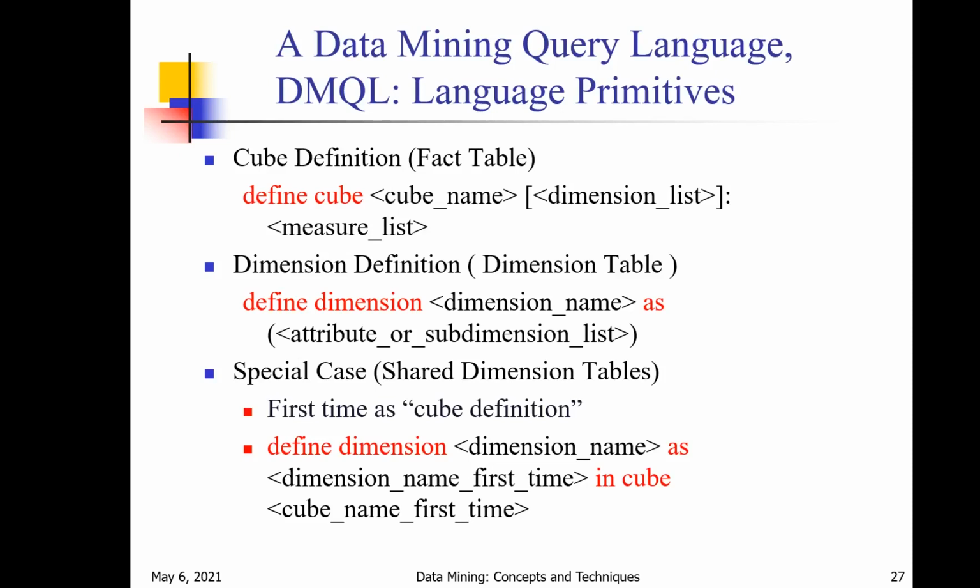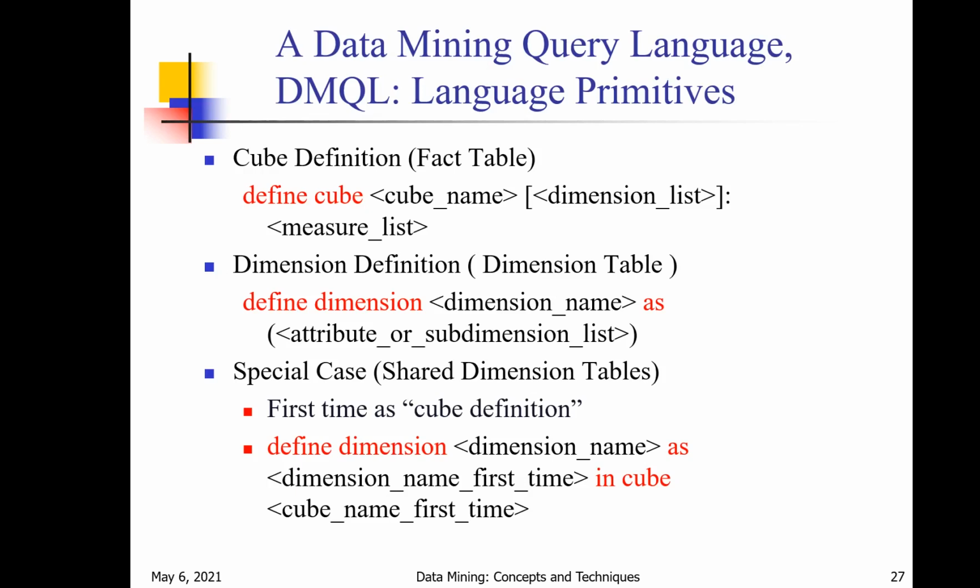Now we will see how to write code for these three schemas in schema design, using the data mining query language. In data mining query language, we will write code like this: cube definition. The cube is nothing but the fact table here. The central fact table is nothing but the entire application, so that is the cube.